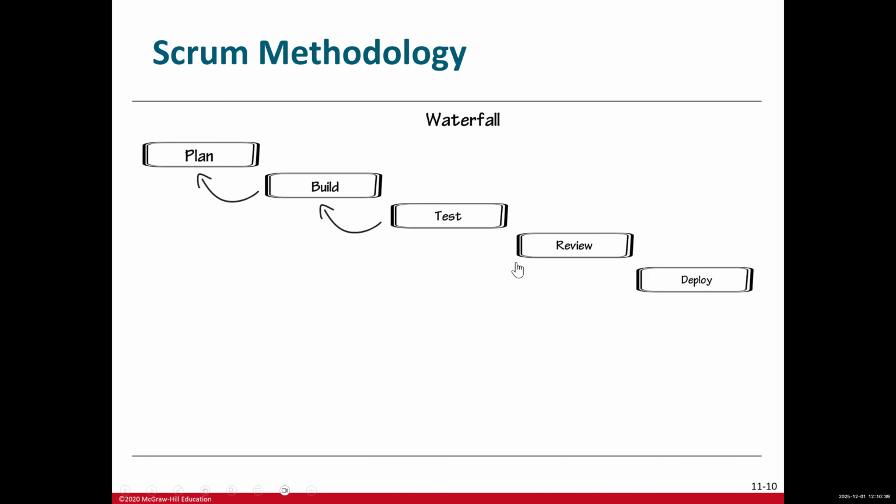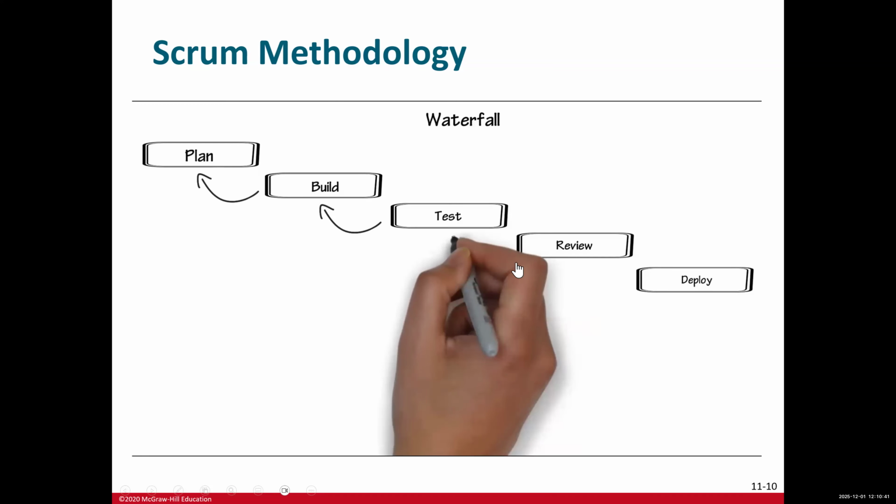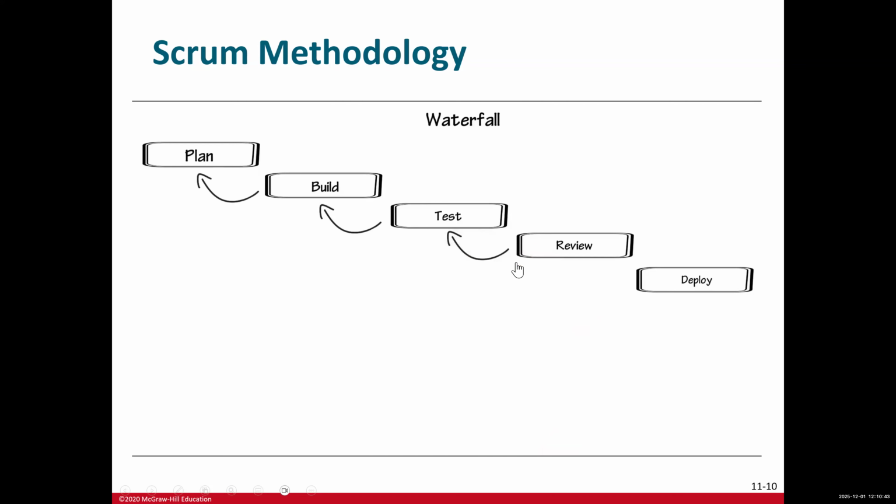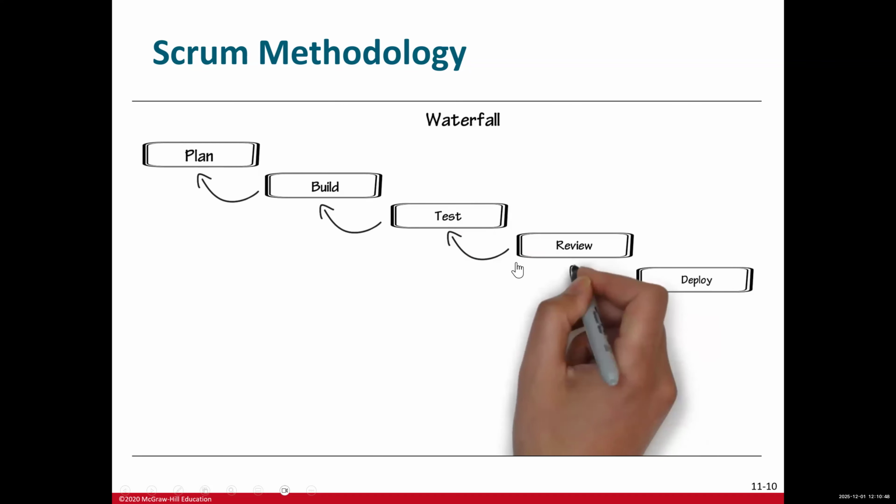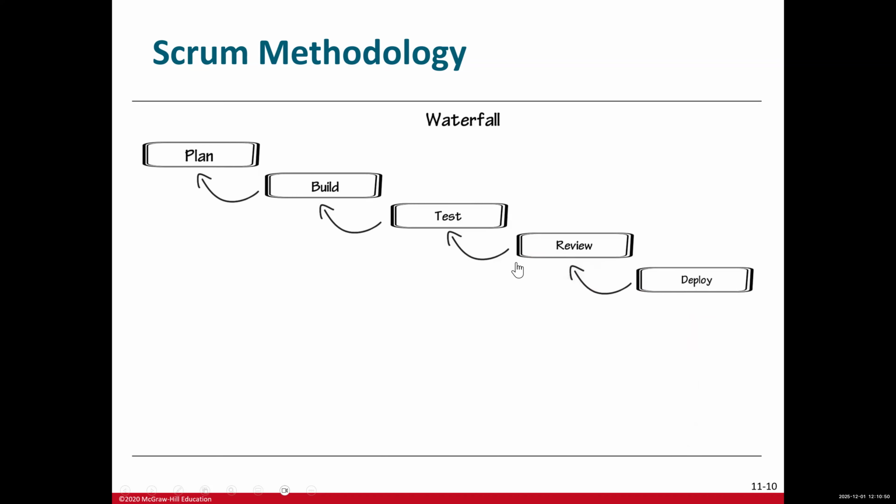When development is done building the product, it gets thrown over the fence to test, where when problems are encountered, it bounces back to development and sometimes back to planning. The same issues occur in the next few steps, with lots of backstepping and doing over. This can lead to lag times and many months to several years in order to get a product out the door.